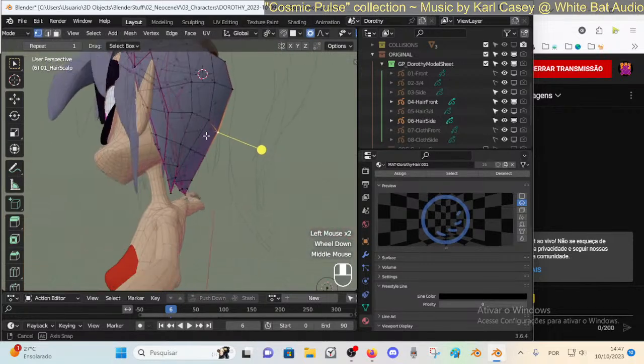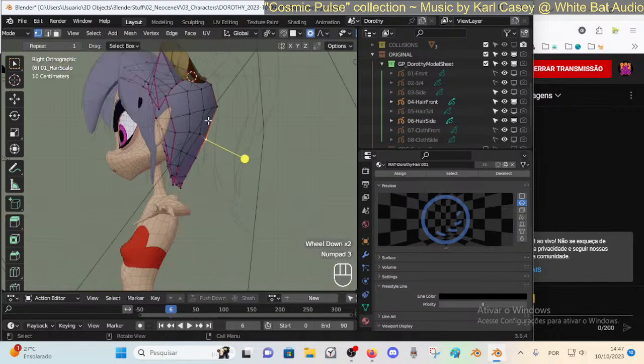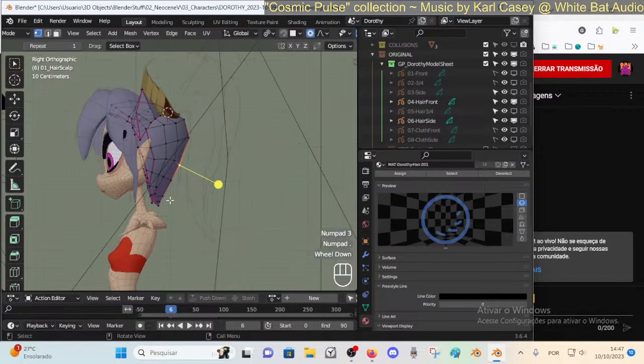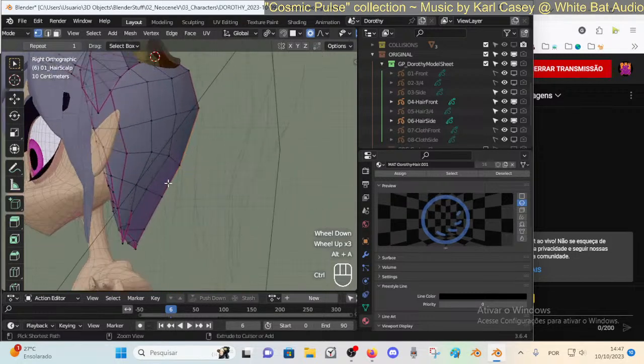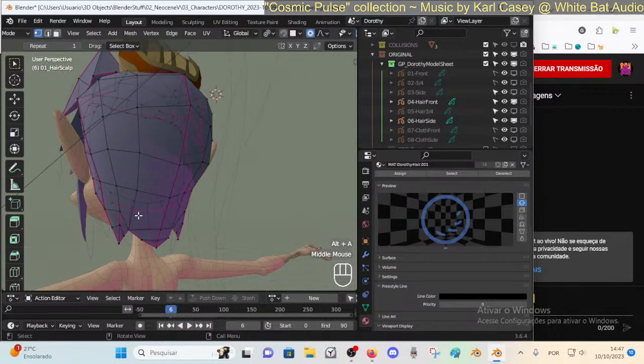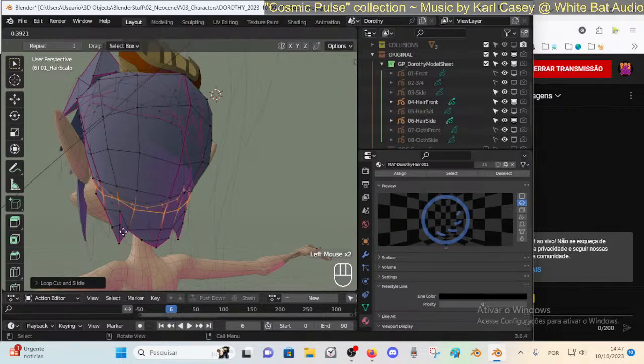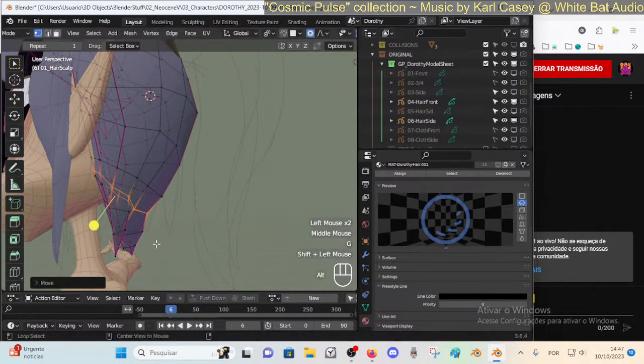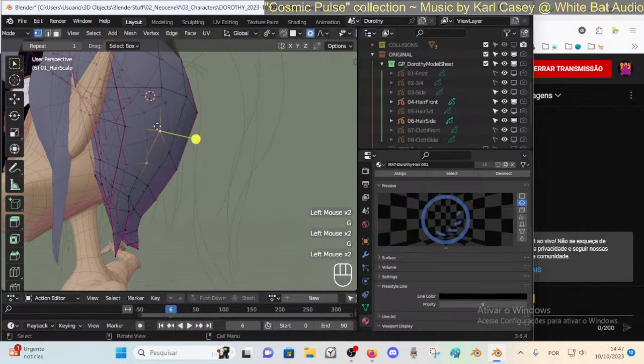So there is, oh, maybe this is not required, right? So yeah, I believe I need this subdivision here, otherwise we lose some motion in the hair. Some kind of subtle stuff here. Then I could consider maybe more